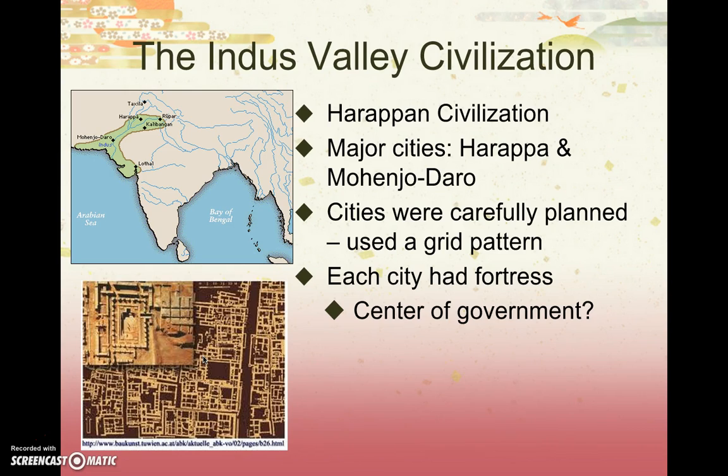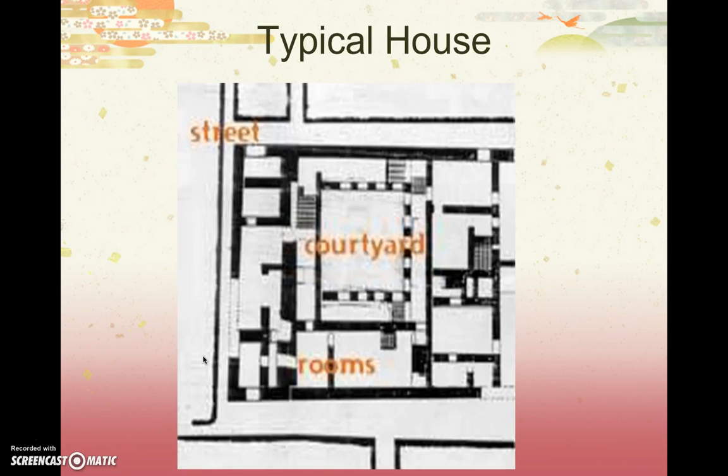Also, we know from looking at Mohenjo-daro and Harappa that these cities just had a really amazing labor force, very complex. They were able to just produce these awe-inspiring examples of architecture and just living. I mean, it was a very, very modern city for such an early period of time. And I thought maybe we could zoom in a little bit more closely. Sorry, this is ever so slightly blurry because I zoomed in.